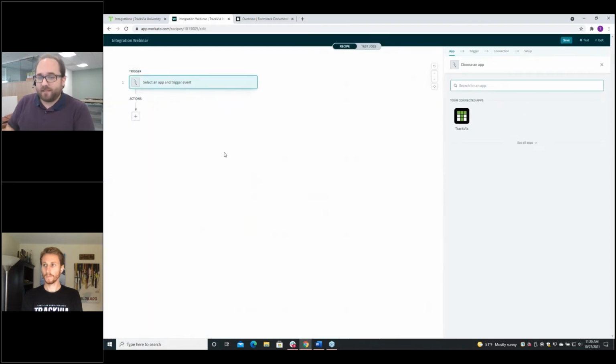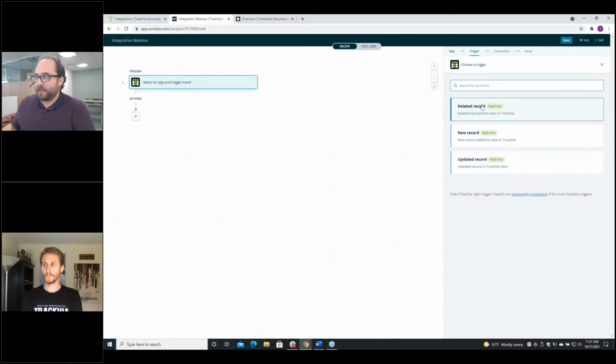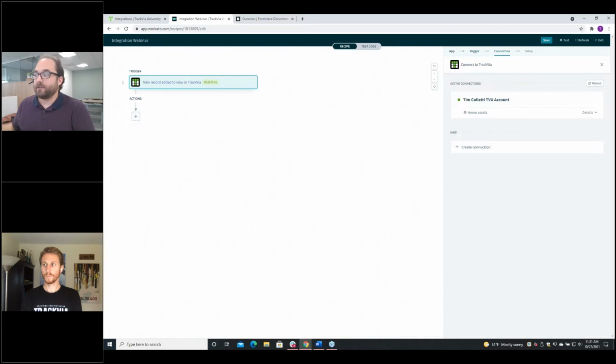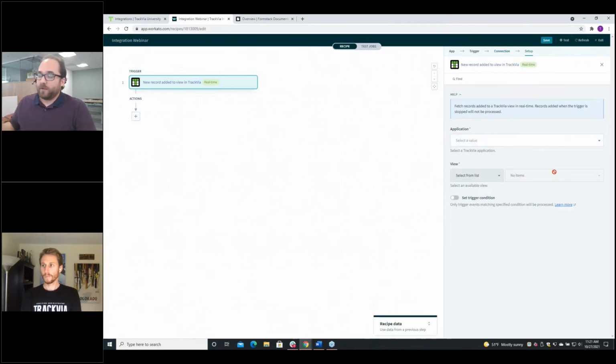So what trigger from an app means is that we have a trigger in mind that's taking place in an app that is being connected to Workato, in this case, TrackVia. So I'm going to say that the trigger is going to be in TrackVia, and it's going to be a new record. So what it's going to ask me for is to give it a view. I'm going to connect. It's going to ask me which connection. I've already set one up. If you don't have one yet, it'll just ask you to connect. It'll ask you for your username and your password and to authorize Workato to connect to your account. So I'm going to click that. It's going to ask me which application in my account I'd like to use and which view I'd like to look at.